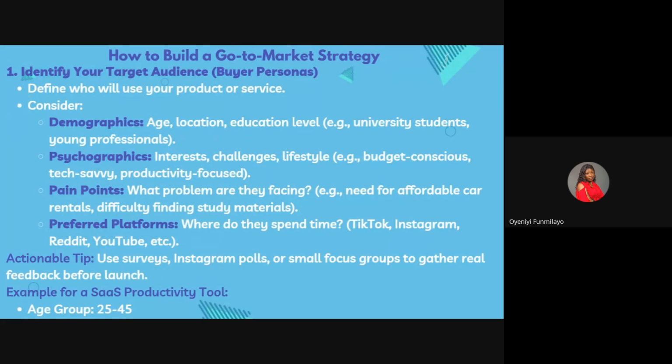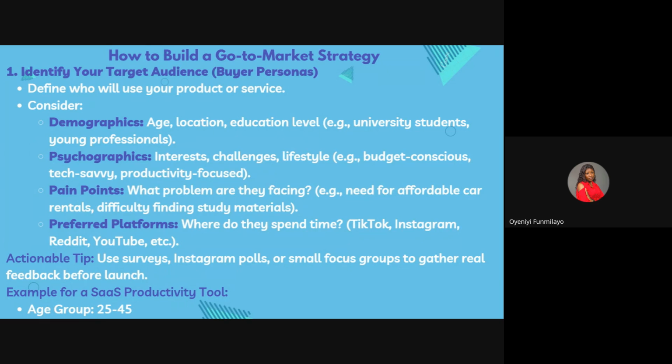So from your survey, you can actually identify your user persona. Sorry, I got distracted. So yeah, this is an example of, let's say, a software as a service productivity tool to make people productive. Maybe they are suffering from procrastination. That's the pain point. People are suffering from procrastination, and then you want to create a productivity tool. So this is the age group, 25 to 45. You can see that this age group are people that often suffer with procrastination,